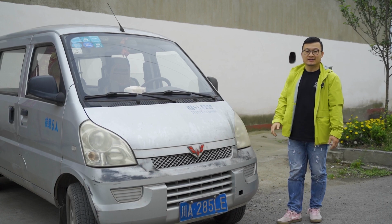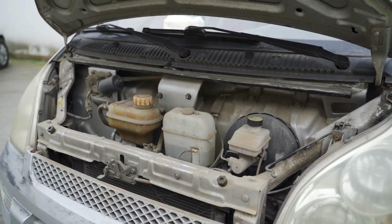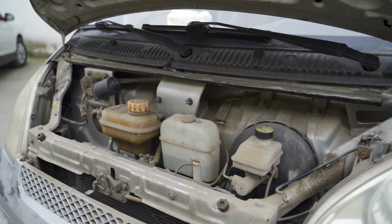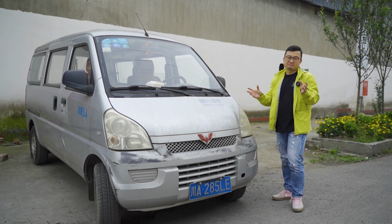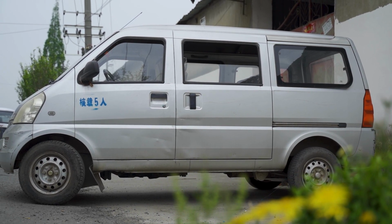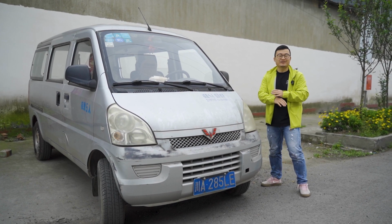Secondly, this car is versatile. This car has a really short nose, as you can see, and there's a 1.4 liter engine in there, and it has 102 horsepower when new. Right now, it probably has 80 or so left. The whole car is only 4.3 meters long, but it is really roomy inside because it doesn't really have anything